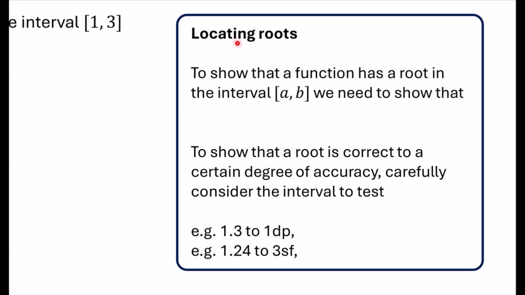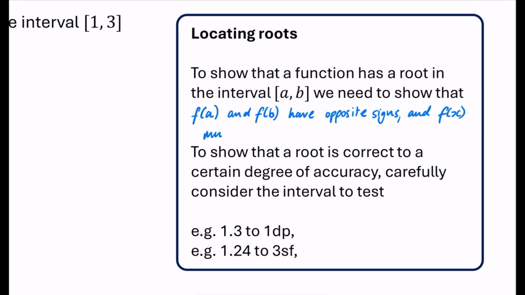So for locating roots, to show that a function has a root in the interval a, b, we need to show that there is a change in sign. So we need to say that f of a and f of b have opposite signs, meaning one is positive and one is negative. And f of x must be continuous